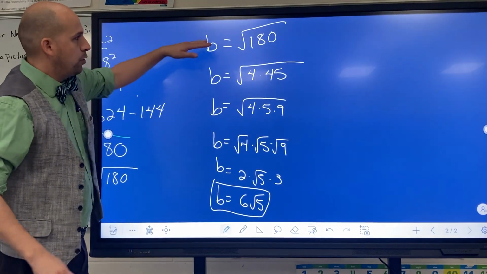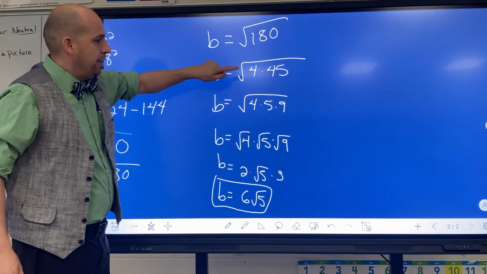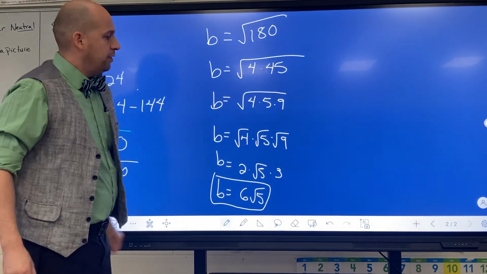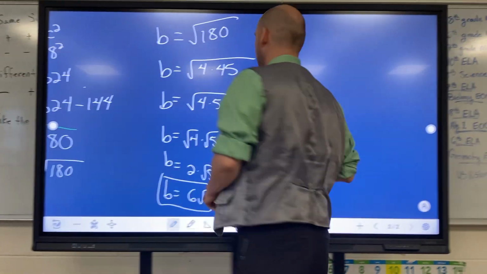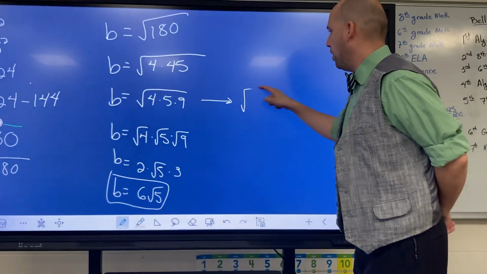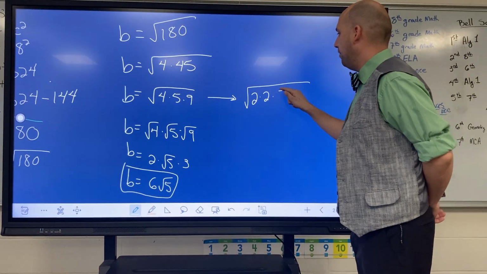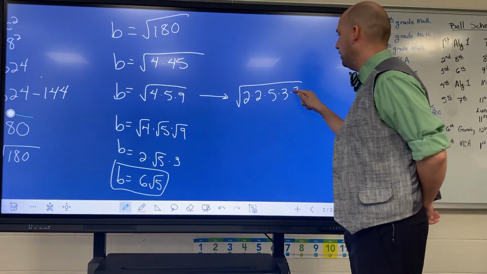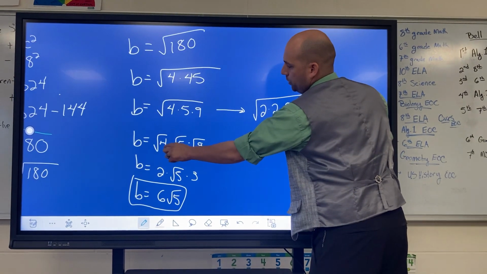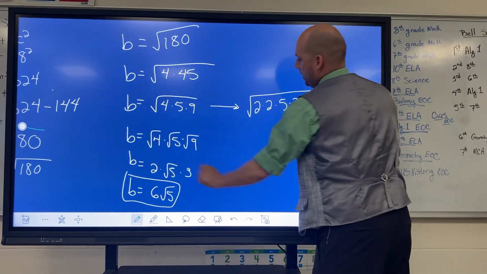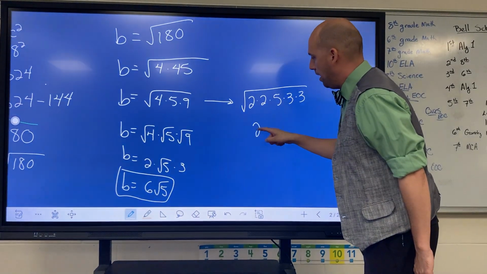Okay? So simplifying a radical goes, you've got to break up the number into its factors. And then you're taking the square root of each of them. Well, what if I did this a little different? What if instead I did the square root of, and break 4 up, 2 times 2. And then I had 5, and then I did 9, 3 times 3. Well, the same goes here. The reason why I'm able to take the square root of 4 is because I know 2 times 2 equals 4. So, same deal here. I know 2 times 2 equals 4, so I'm going to take